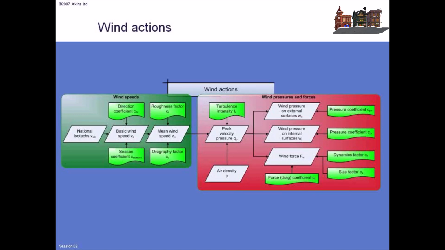Then where it goes slightly different from current British practice, but achieves the same thing, is that rather than go on and calculate a pressure and then increase it for gust factors, we carry on with the basic mean wind speed, we calculate what the basic pressure is, and then we increase it for a turbulence intensity factor. And the turbulence intensity factor is just basically, again, a function of height. And it's just how much the gusts increase with different levels. So at the end of that process, we get a gust pressure,